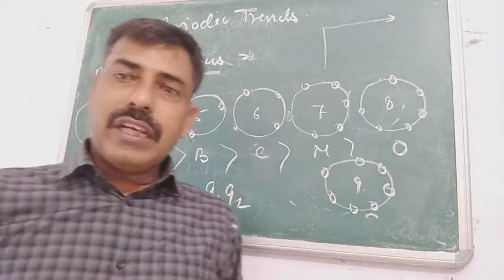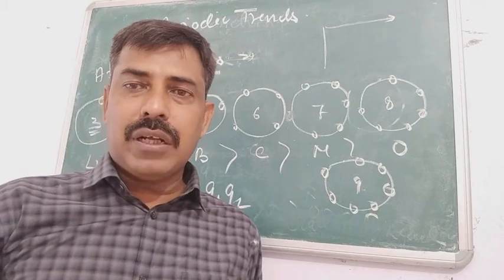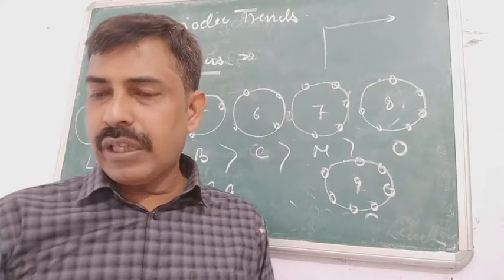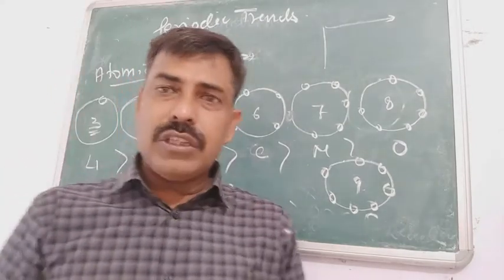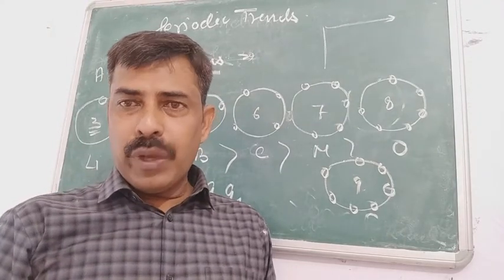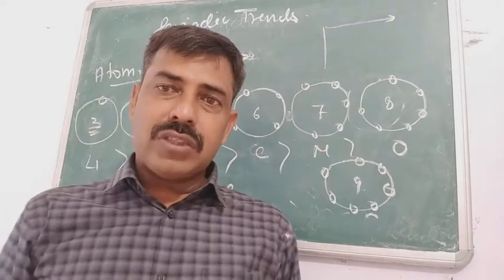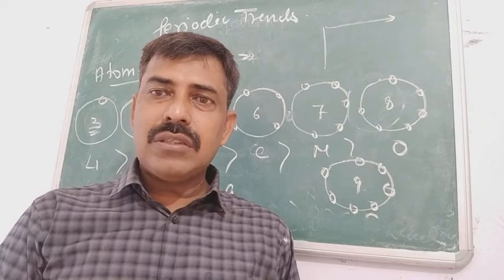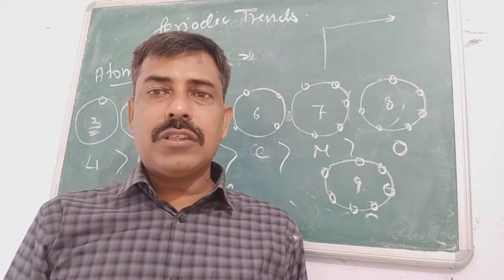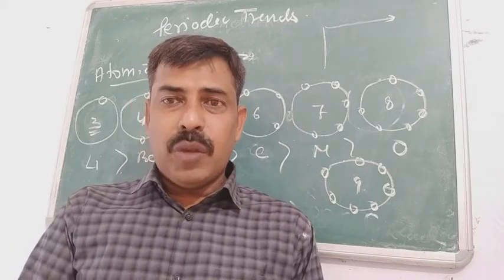But when you see the next factor, only nuclear charge is not working. The next factor is inter-electronic repulsion. You can see the electrons are there in the valence shell, so surely these electrons will also repel each other. When the electrons repel each other, that will act against the decrease in size. They will be responsible for an increase in the atomic radius. So in this way the inter-electronic effects are also effective here.